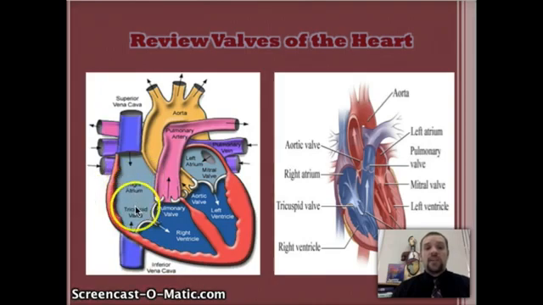From the right atrium, we had to go through the tricuspid valve. Again, these are one-way valves to ensure that we have blood flow going in one direction, and then it goes into the right ventricle. And then the right ventricle is going to contract as well as our left ventricle at the same time. And then once that contraction occurs, we're going to push blood. Again, we're going to increase that blood pressure. And we're going to pump that deoxygenated blood through the pulmonary semilunar valve, through the pulmonary trunk, and then it's going to go through the pulmonary arteries,